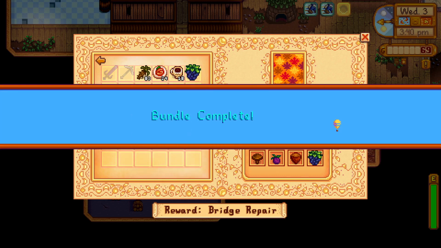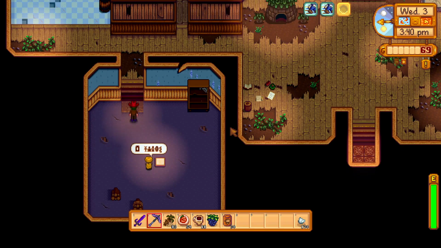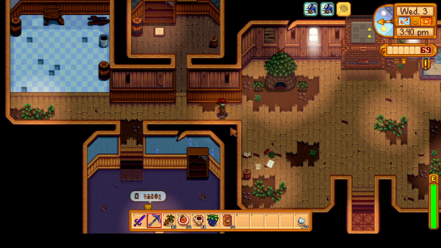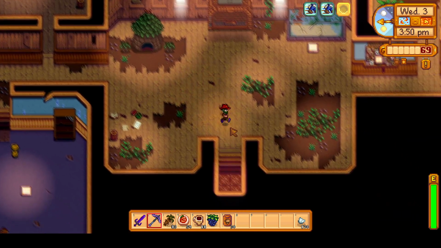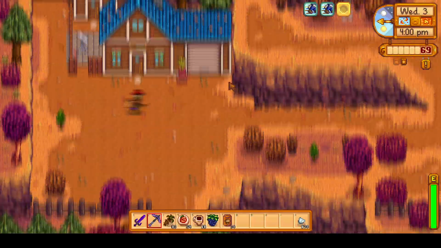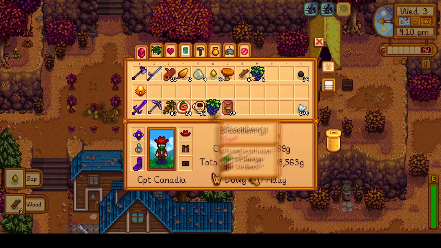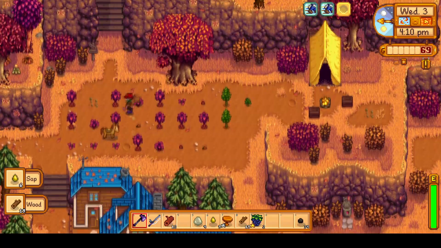We are now able to complete the fall foraging bundle, and back to talking about the greenhouse. Once we have that on day 10 of fall, we can plant some winter seeds to hopefully get a crocus and a snow yam to complete the winter foraging bundle. We can get some winter seeds from trading some spring seeds to the desert trader, which needs to be done